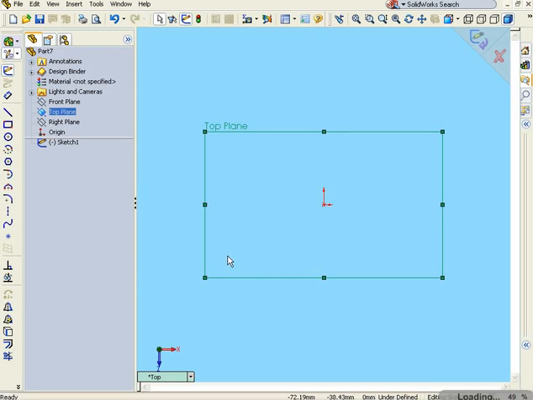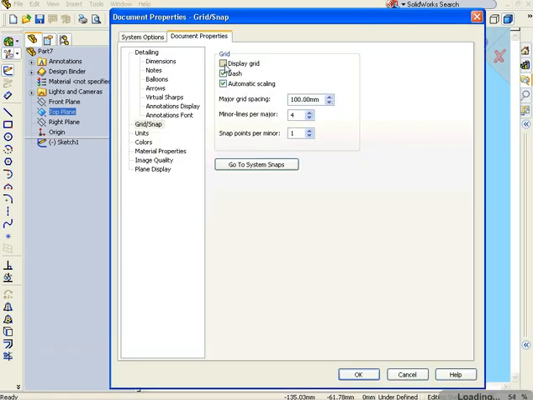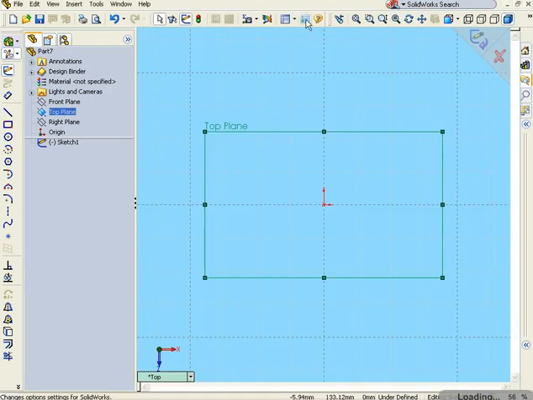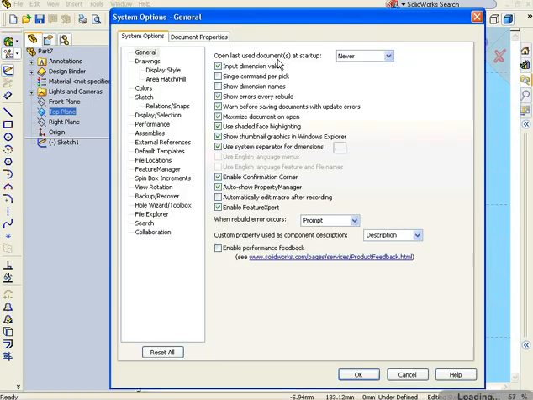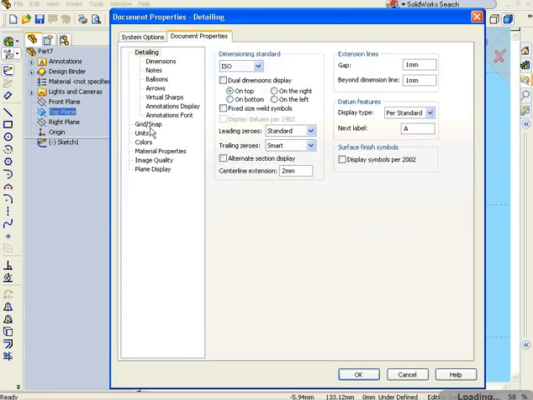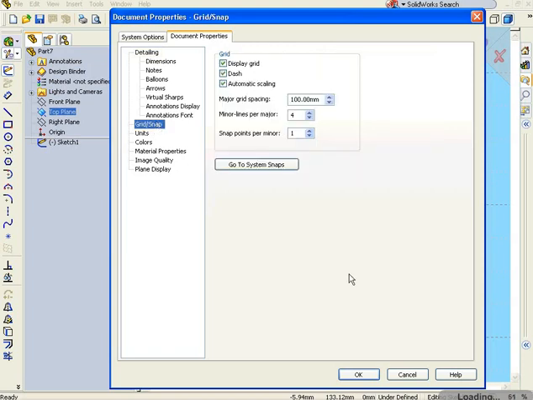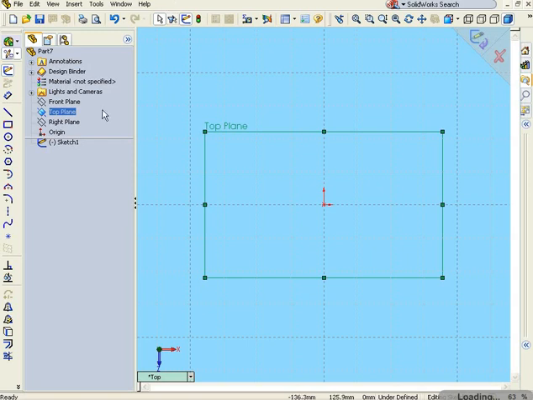Let's insert a grid. Click OK. You can access this menu also from the Options tool, Document Properties, Grid, and Snap. Click OK. By the way, if you don't have a grid button,